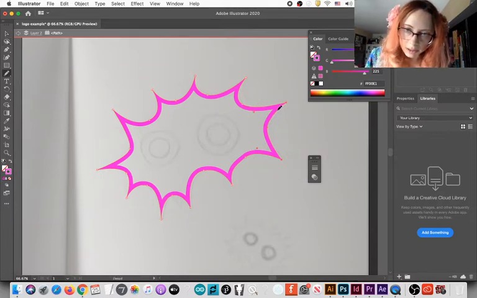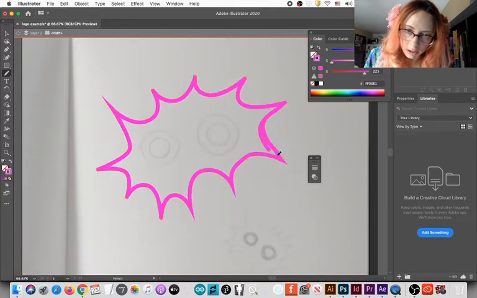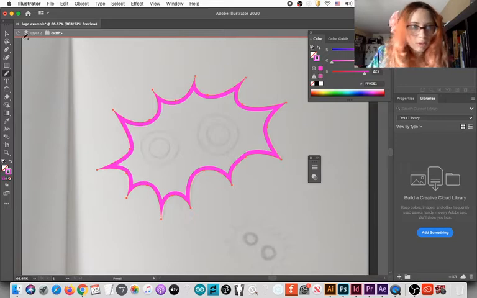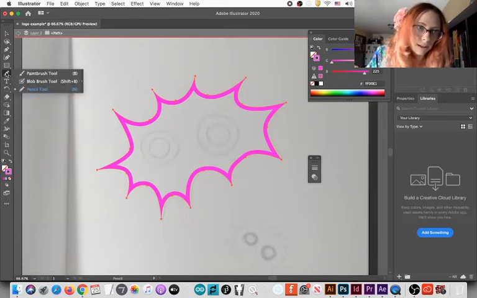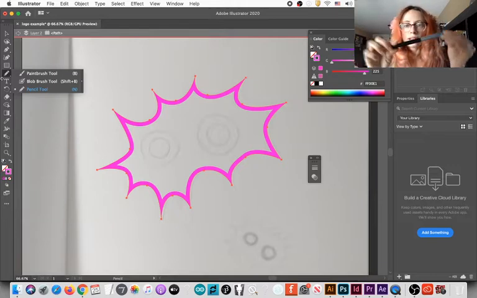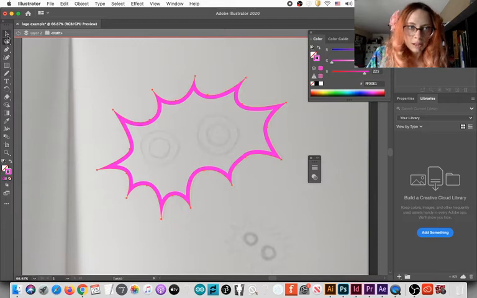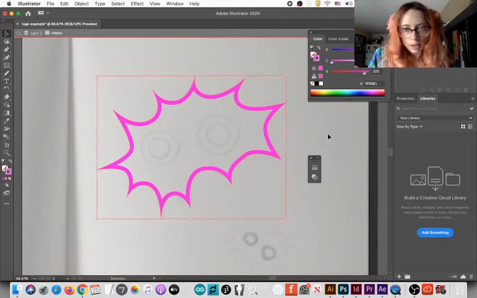This one I want a little curvier, so I take the pencil and paint over whatever was here before. Sometimes it gives unexpected results like that, so let's forget about it. But the pencil is a fun tool to play with freehand. I use a Wacom, but you can do it with your mouse as well.